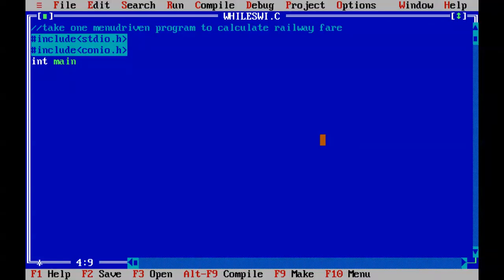int main, integer kilometer, rate, total, choice, clear screen, clrscr is here, printf,